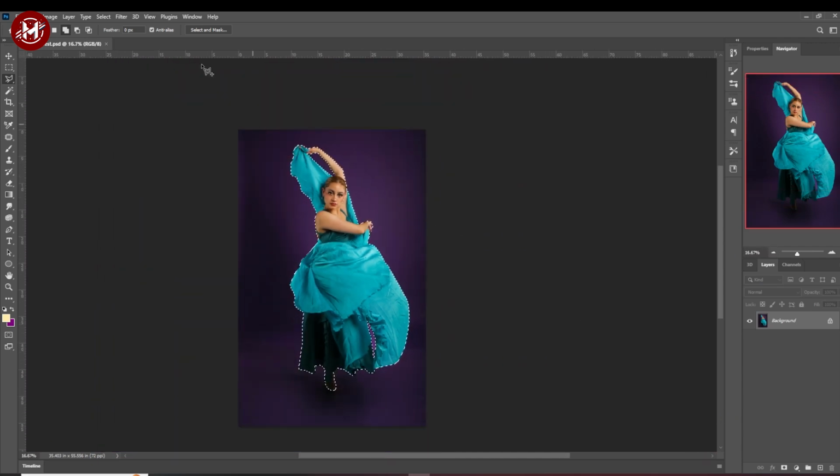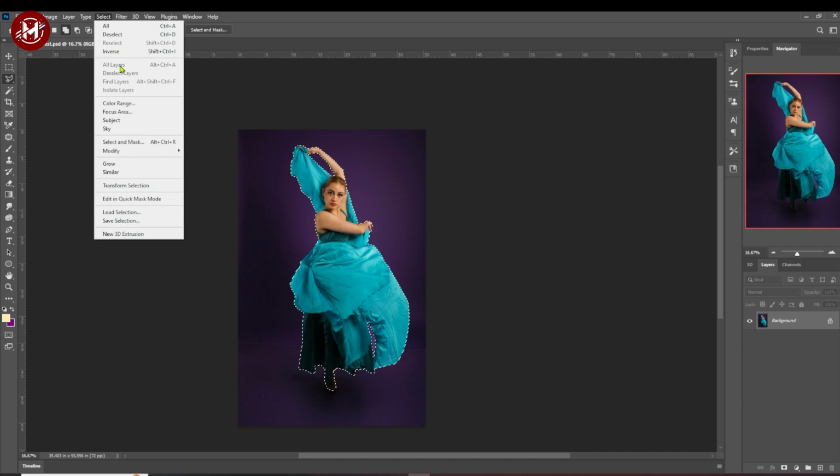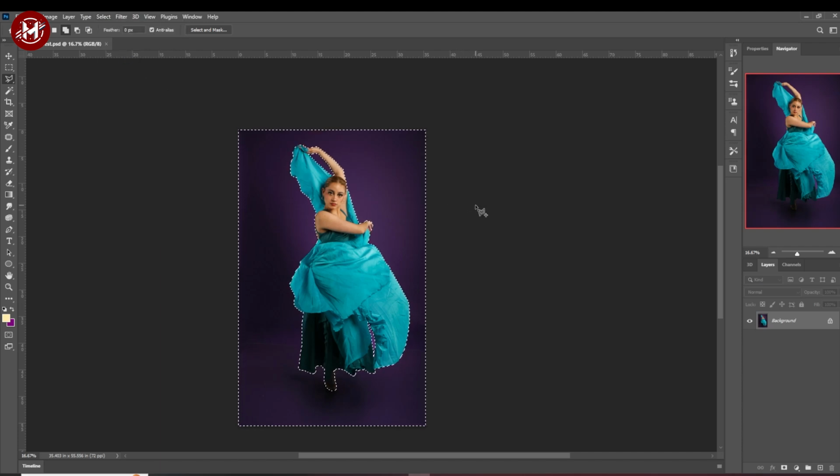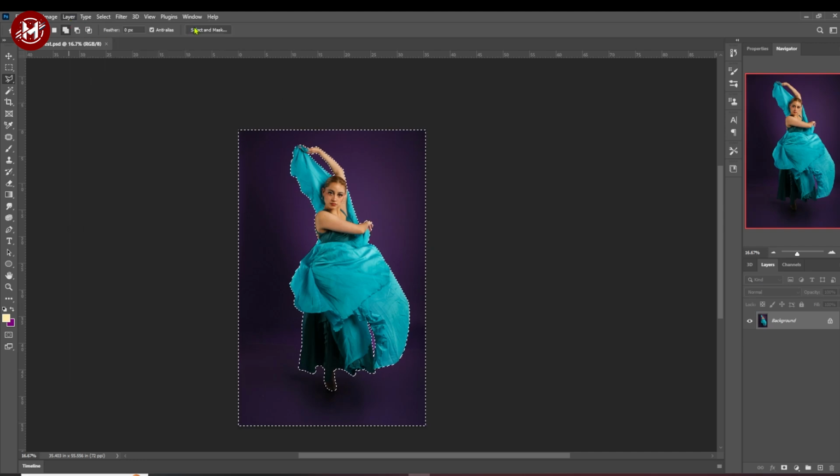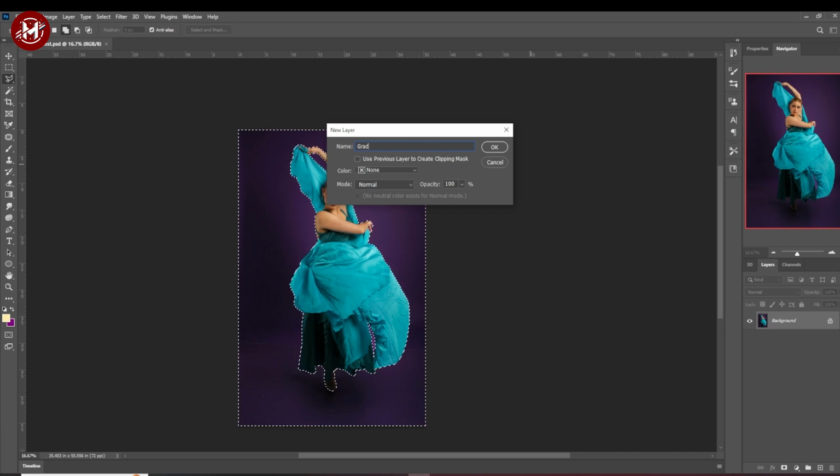Invert your selection by going to Select Inverse. This lets you work on the background while keeping the subject intact. Create a new layer by heading to Layer, New Layer. Name it Gradient Effect or anything else you like,